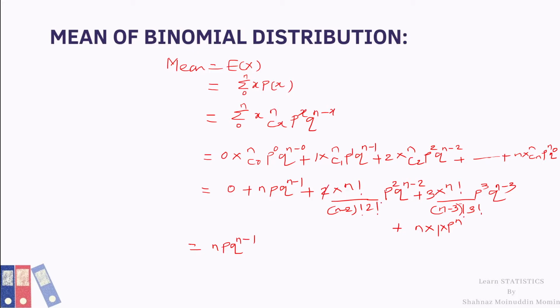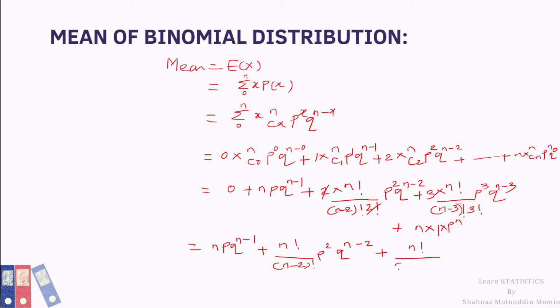This 2 and 2 get cancelled, so it is n factorial divided by n minus 2 factorial p square q raised to n minus 2